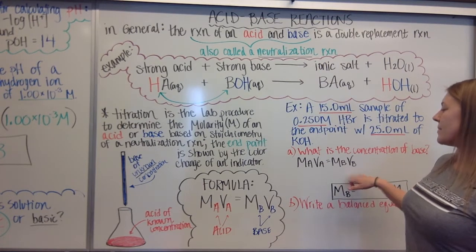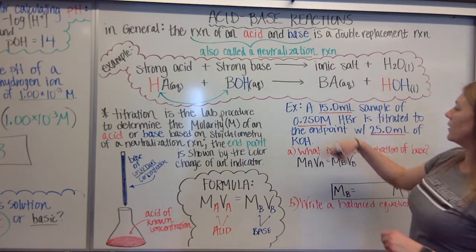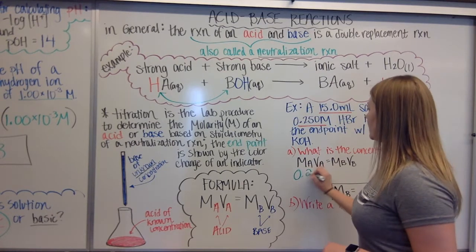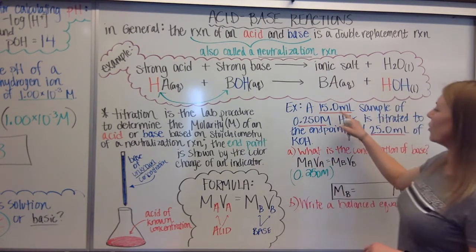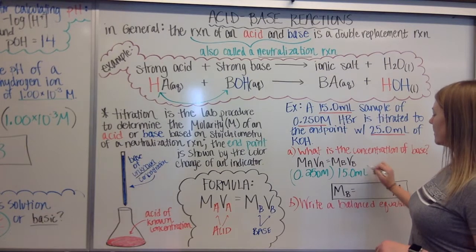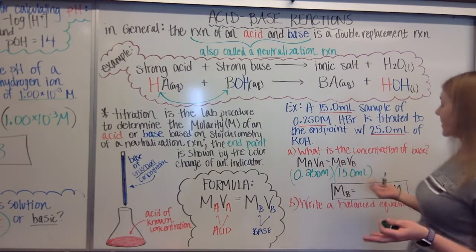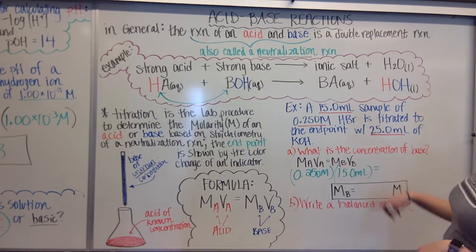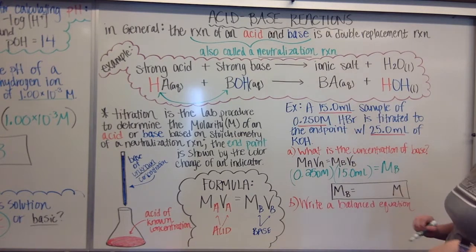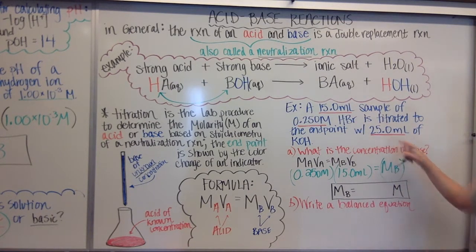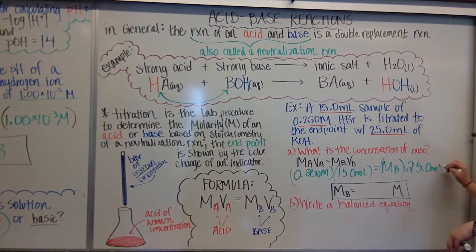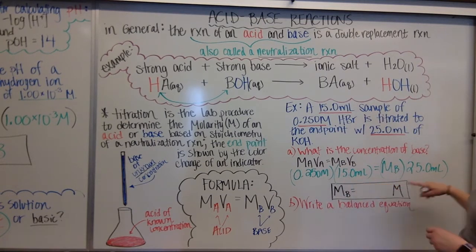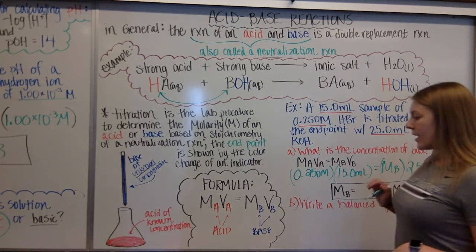Well, if we're using our formula, MAVA equals MBVB, we just plug all of this in. HBr is our acid. Our molarity is 0.250 molar. Our volume is 15 milliliters. Again, volume doesn't matter as long as we're using the same unit, either both liters or both milliliters. And for MBVB, I don't know the concentration, so that's the unknown, MB. And the volume of the base is 25.0 milliliters. Okay. Solve for MB, which is a simple multiply here, then divide by the 25 milliliters,